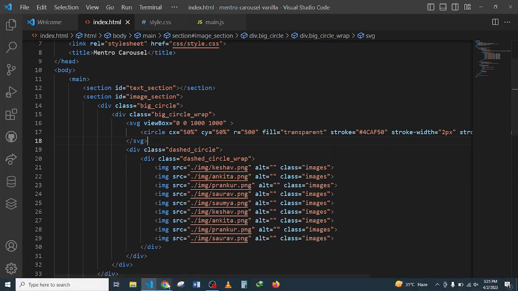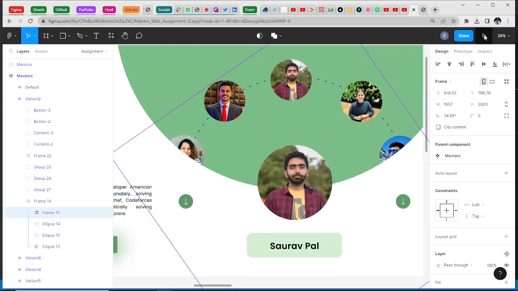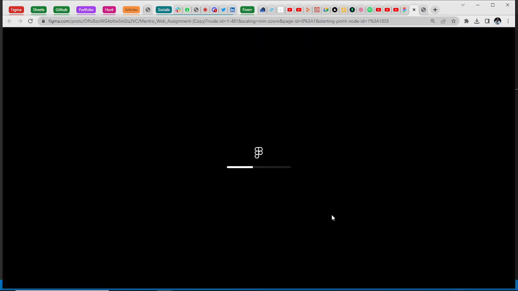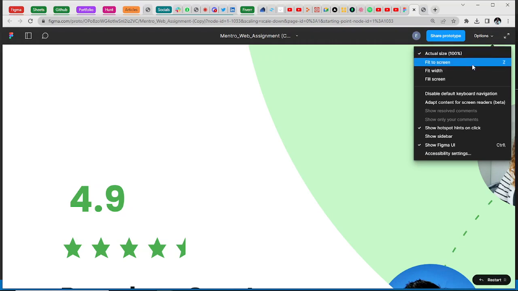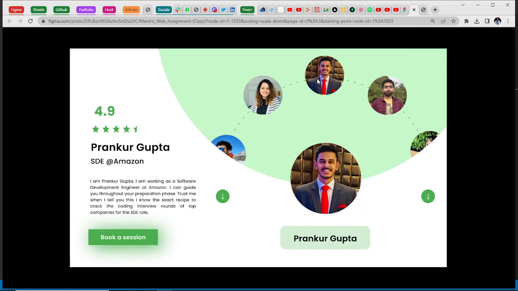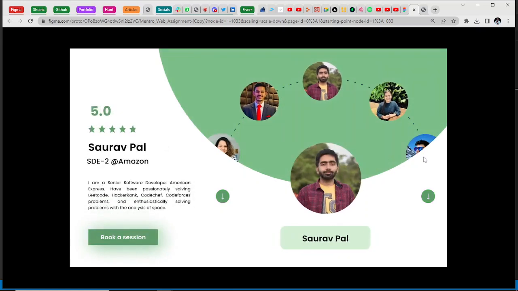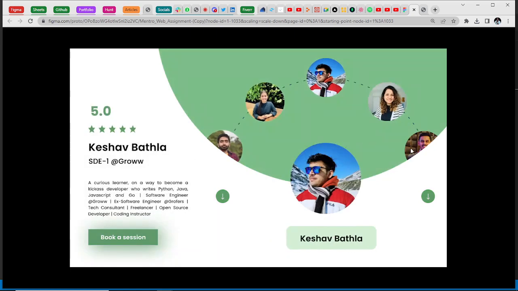So 9 images. In case you are wondering why there are 9 images, if you properly look at this prototype, you will understand why there are 9 images. Alright, so assuming this guy to be number 1 image, this is 2, 3, 4, 5. Let's try to move it a bit. We see 6, but it's still the first guy, 6, 7, 8,